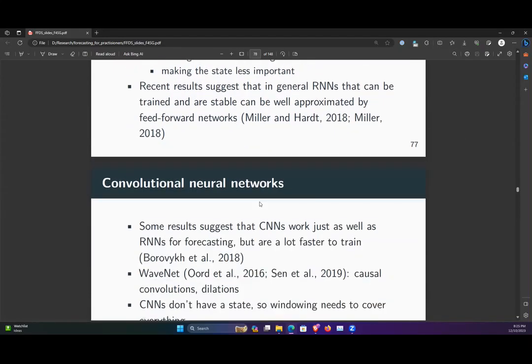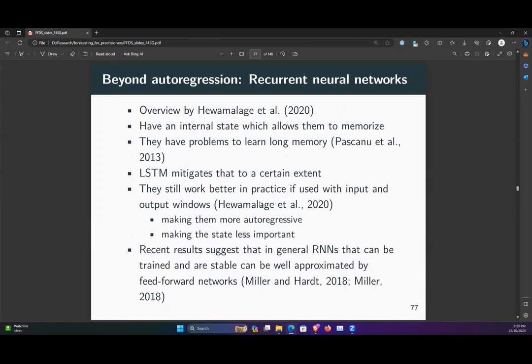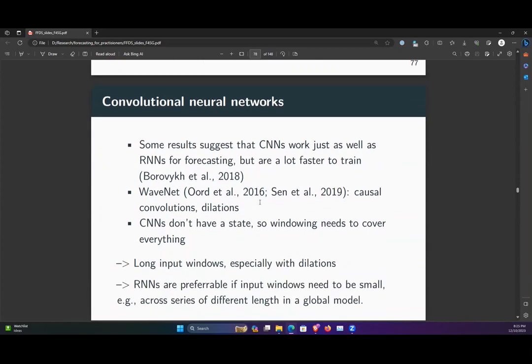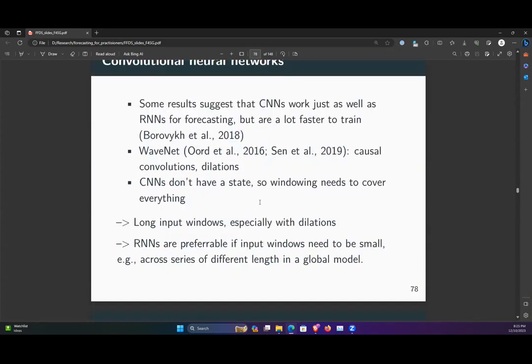There are a couple of problems that RNNs face as well, right? If you look at RNNs, we have the problem of vanishing gradient, which is a pretty common issue that people face when they train RNN models. But it's getting better. If you use LSTM, it mitigates the problem of vanishing gradients, but the problem doesn't disappear; it still exists.